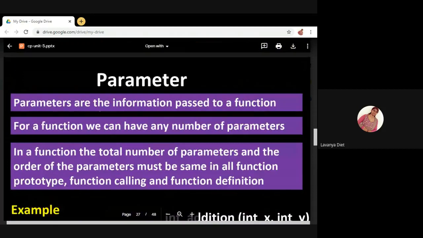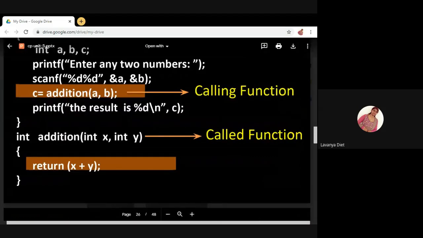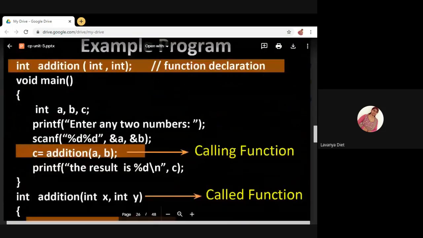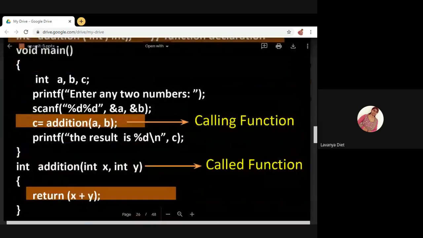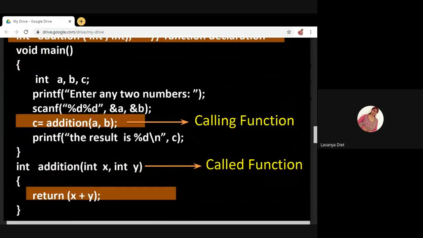Now parameter, I have already discussed what a parameter is. Parameter is nothing but information passed to a function. For a function, you will pass some parameters, right? See here in the calling function. I will use calling function and called function frequently, so don't get confused. Remember what is the calling function, what is the called function.